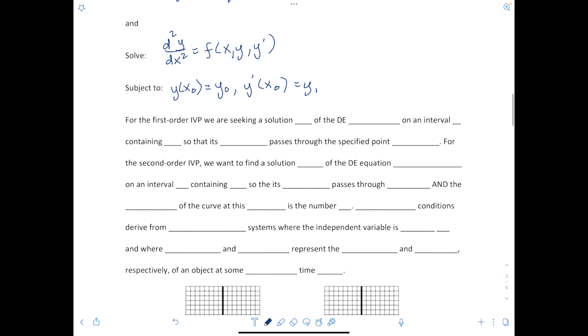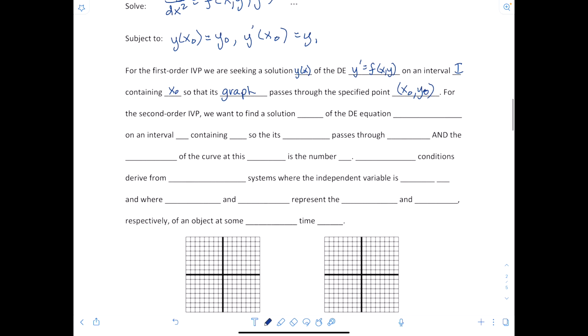So for the first order IVP, we are seeking a solution, y at x, of the differential equation y prime equals f of x and y on an interval I containing x0, so that its graph passes through the specified point x0, y0. For the second order initial value problem, we want to find a solution